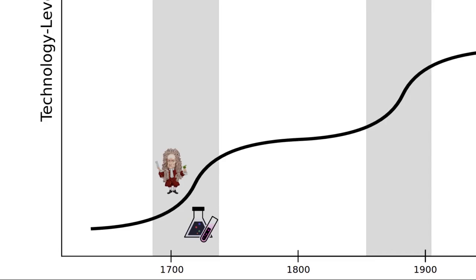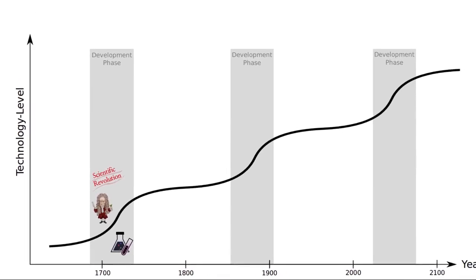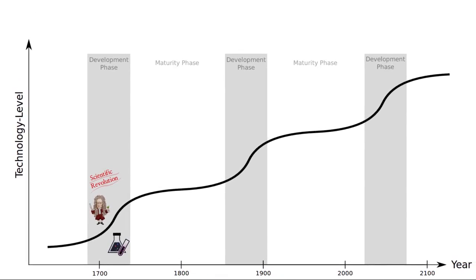Modern chemistry was derived from former alchemy, and the great scientist Isaac Newton discovered the laws of motion and basically founded modern physics. This era is called the scientific revolution. The flat parts are called maturity phases. This is where the newly discovered sciences and technologies are put into technical applications and mature over time through ongoing